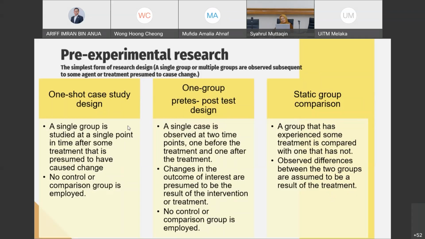Yeah, this is when you are doing pre-experimental research. Can you imagine that you are doing this kind of research and you select one of these designs, and then you are plunged into a particular learning environment, right? Can you imagine what kinds of topic you will be working on?